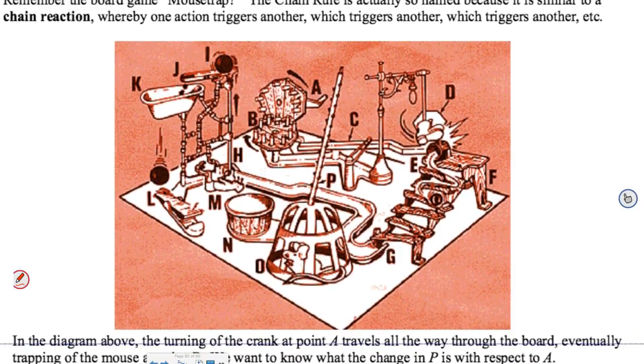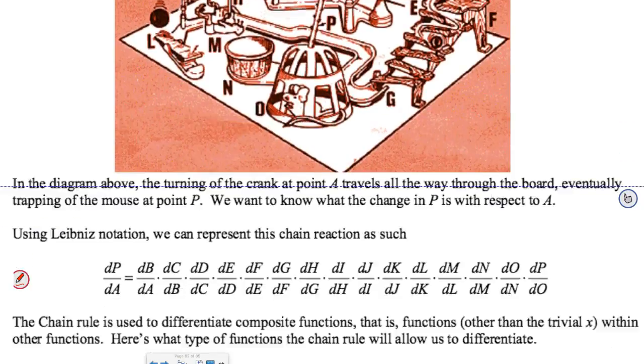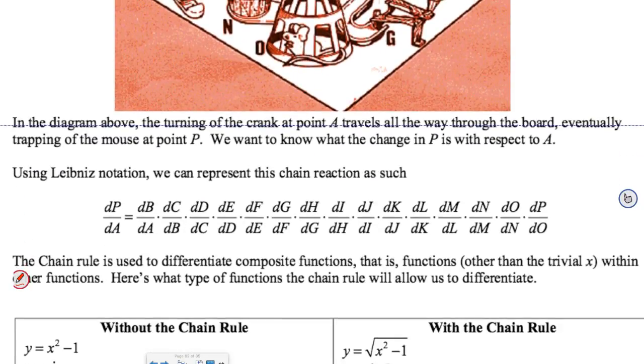But the way it's supposed to work is that there's a chain reaction of events that as you turn the crank at A, it triggers an action at B, which triggers an action at C, which eventually drops the cage on the mouse. The problem is, if you actually have the game, it doesn't usually work, but theoretically, that's what's supposed to happen. And the chain rule is very similar in that you start a sequence of chain reactions, and